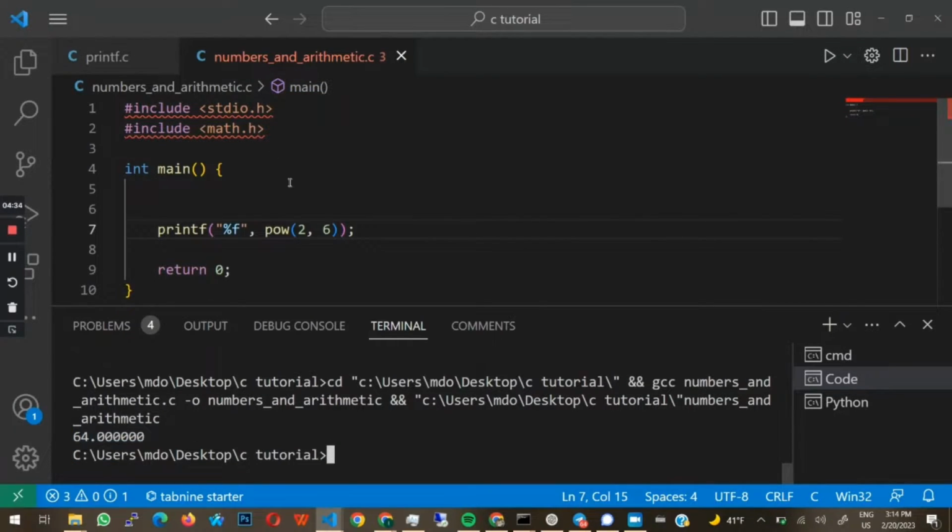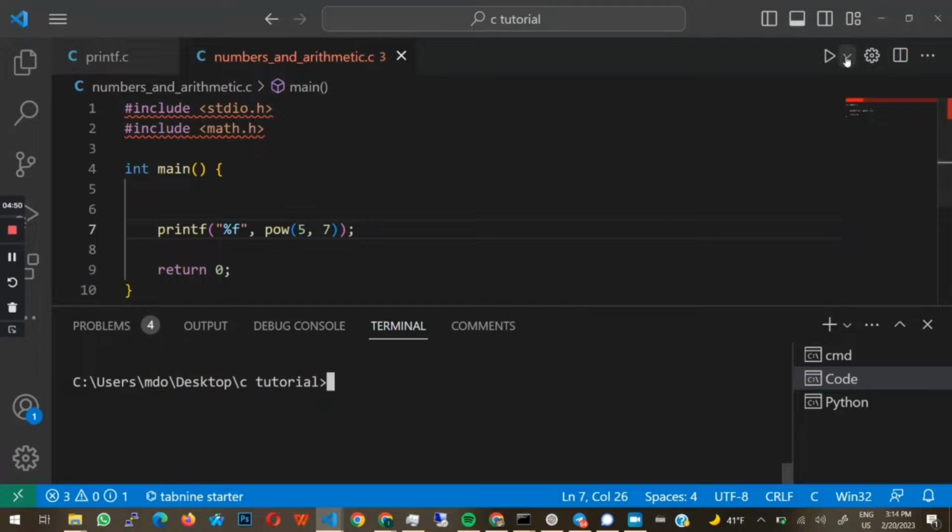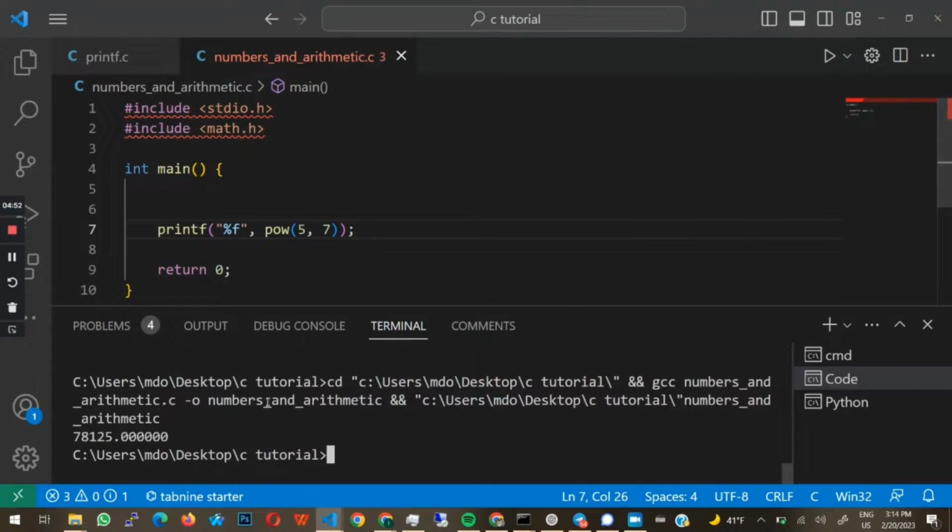So you can make use of the power function to find the power of a particular number. If you want to find 5 raised to the power 7, you pass in 5 here, and then you pass in comma 7. Once we run this, it gives us